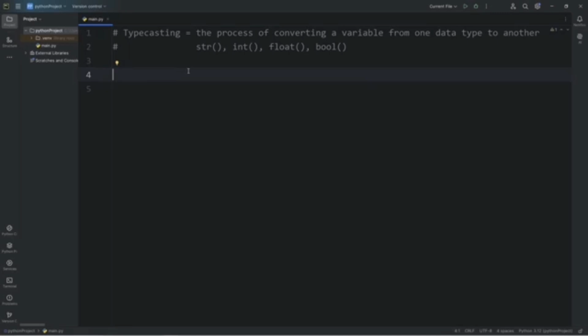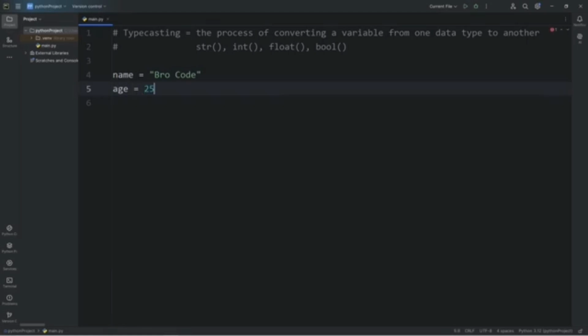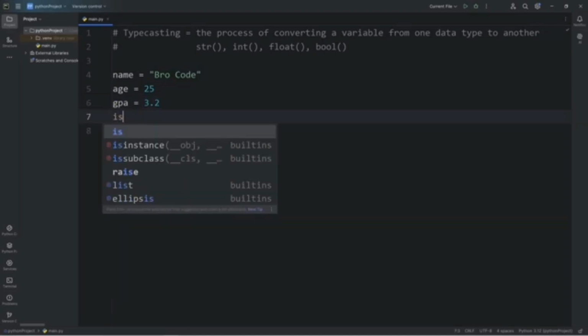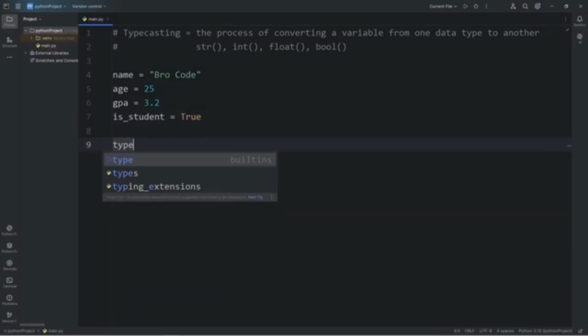Let's create some variables. We will create a name variable. Type in your full name. An age, make up some age. A GPA for grade point average, let's say 3.2. And a boolean of is student. Are we currently a student? Let's say that's true. Now, you actually could get the data type of a variable or a value by using